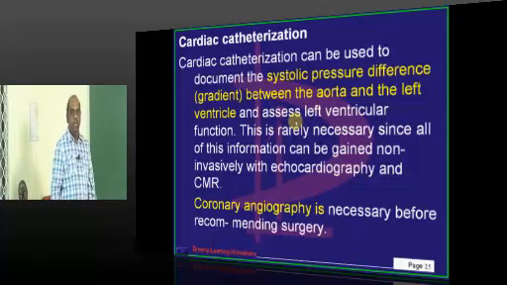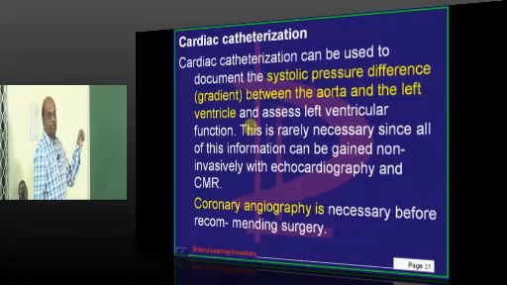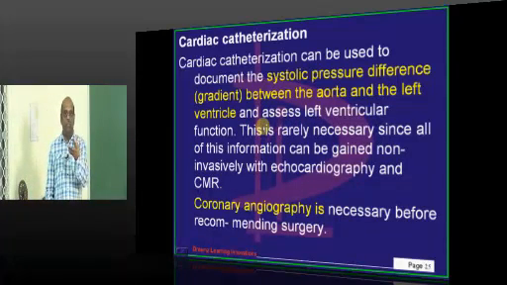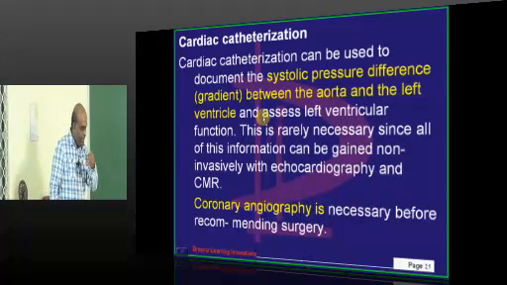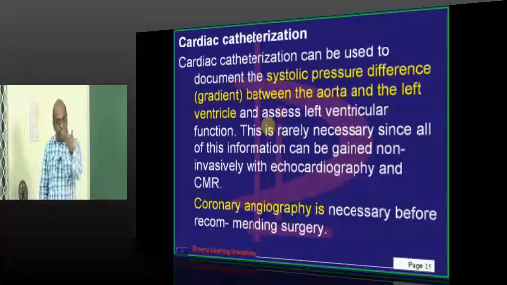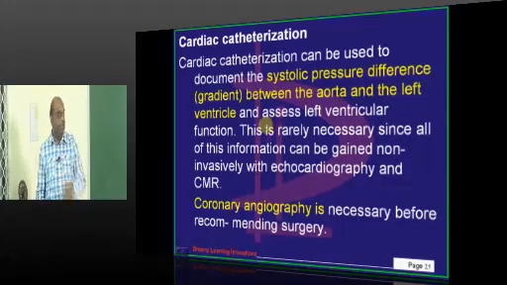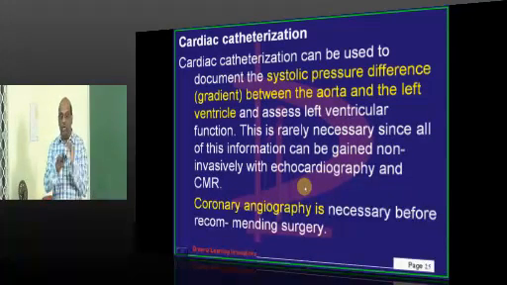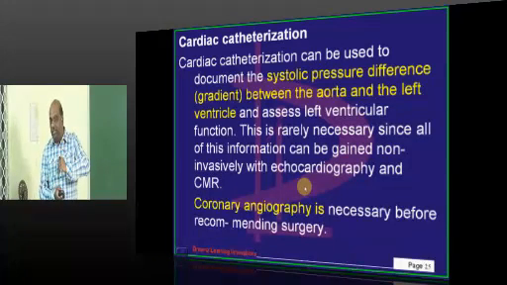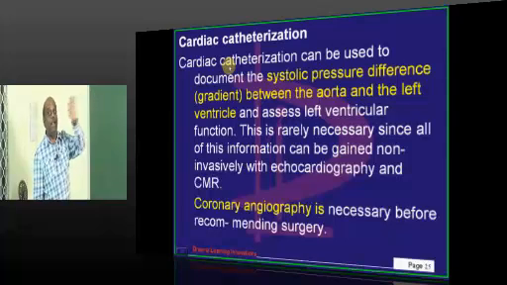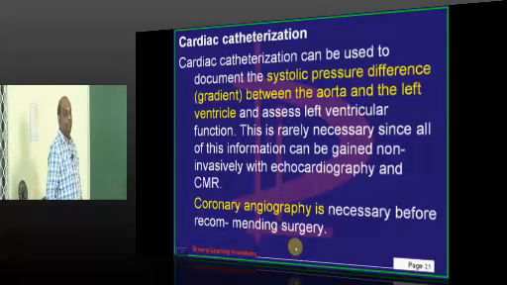Obviously, if you look at the aorta and left ventricle, due to the stenotic valve, a lot of blood is pending on the ventricular side of the aortic valve instead of on the aortic side of the aortic valve. So that is the reason you will find a systolic pressure gradient across the valve between the left ventricle and the root of the aorta, which is graded by using cardiac catheterization.